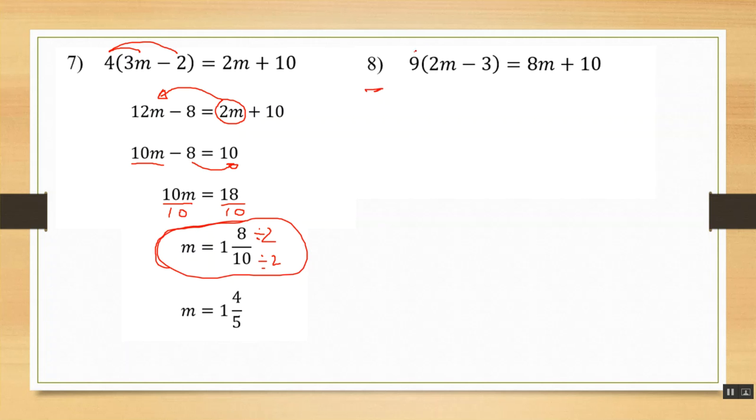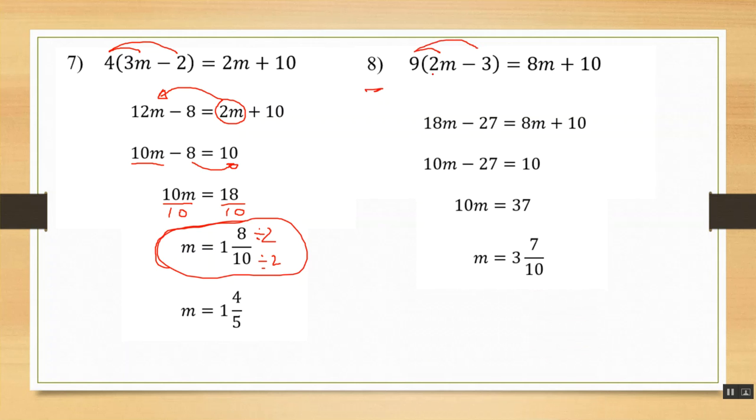Question 8, expand the brackets. So 9 times 2 is 18m. 9 times 3 is minus 27, equals 8m plus 8. First step, subtract 8 from both sides. So we get 10m. Add 27 to both sides. So 10 plus 27 is 37. And again, divide by 10. So we get 3 remainder 7 over